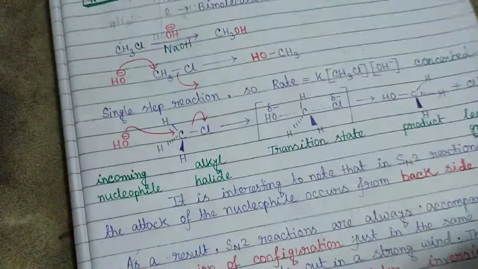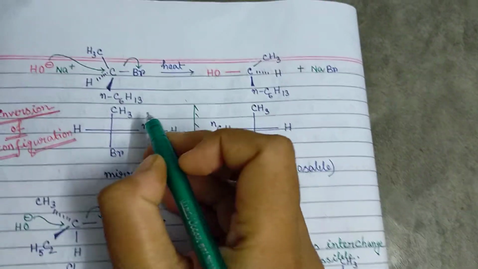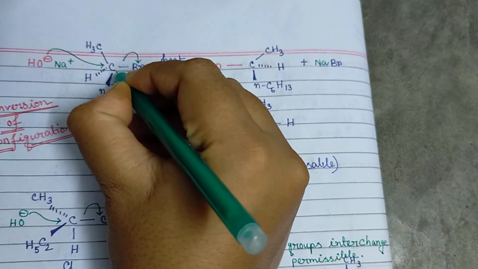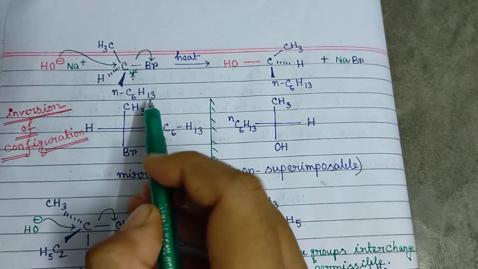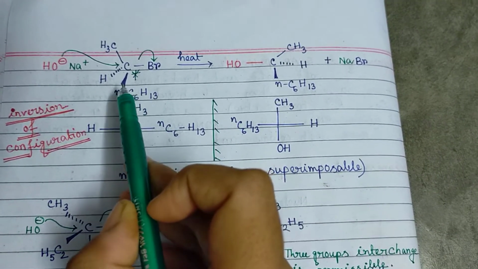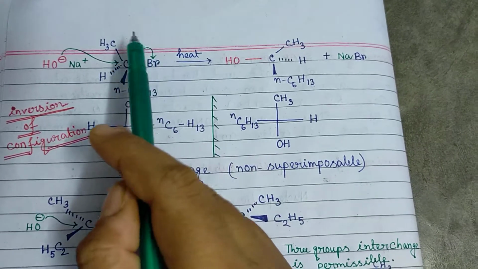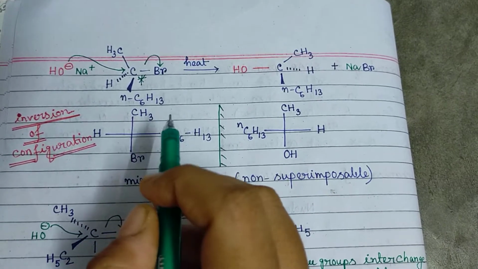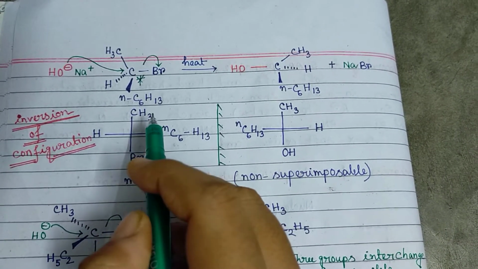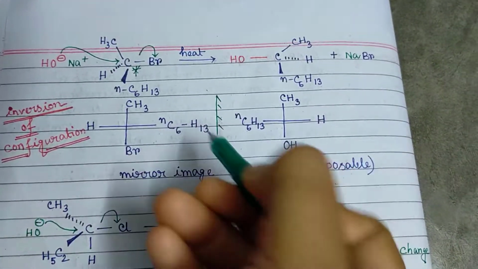In this reaction we also see another stereochemistry which is related with the configuration of the molecule. If the carbon atom where the halogen is connected is a chiral carbon, what does the word chiral mean? Chiral means the carbon is having 4 different groups, or it is an asymmetric carbon. We will again discuss this chirality and optical rotation and optical activity in another video.